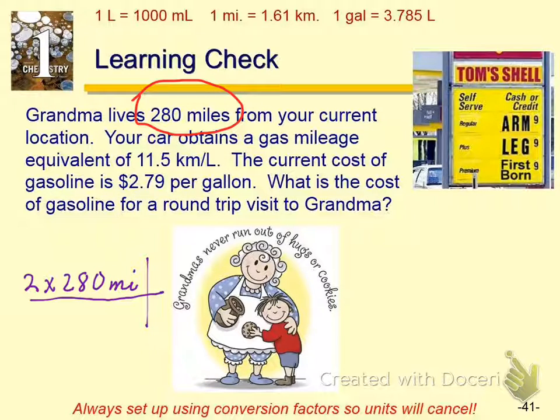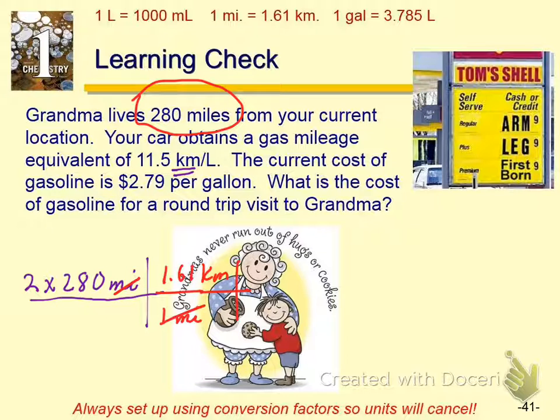Change miles into what? Why am I not changing miles into feet or something? Why am I going to kilometers? Because 11.5 kilometers is equal to 1 liter of gas, right? So we let the units in the problem help to guide us on where we're converting. So what's my conversion? 1 mile is equal to 1.61 kilometers. Cancel your units. I like to cancel as I go, then I feel like I'm making some progress. Now I got kilometers on top. What comes next?